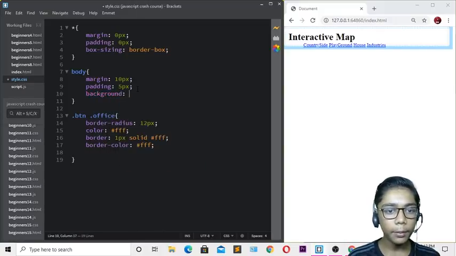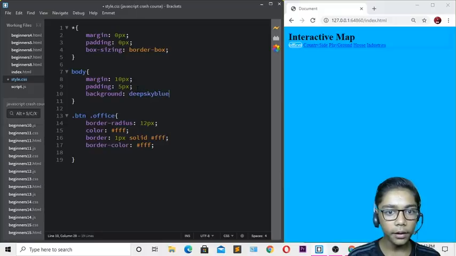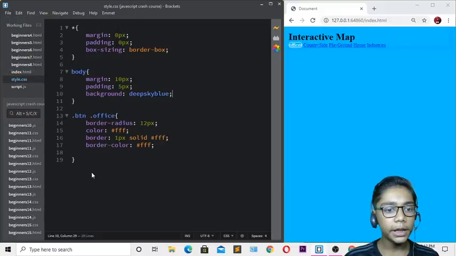Okay, and for the background I will be going with RGBA, and I will be writing over here RGBA of light deep sky blue. So I will be writing over here deep sky blue like that. Now you have to do like that. Now when you've done that, you have to hit save over here, and now when you've done these all, you have to come over here, and I will be changing like that.